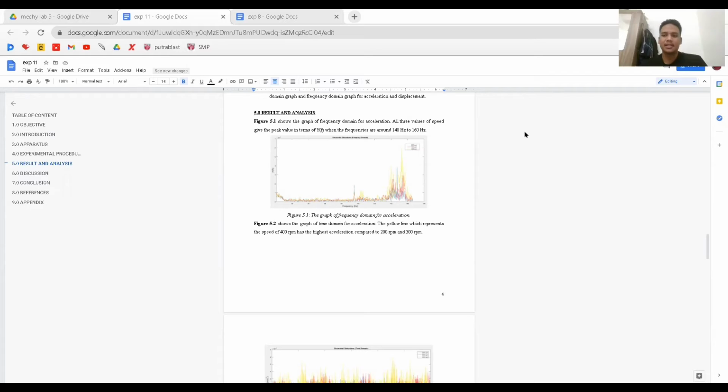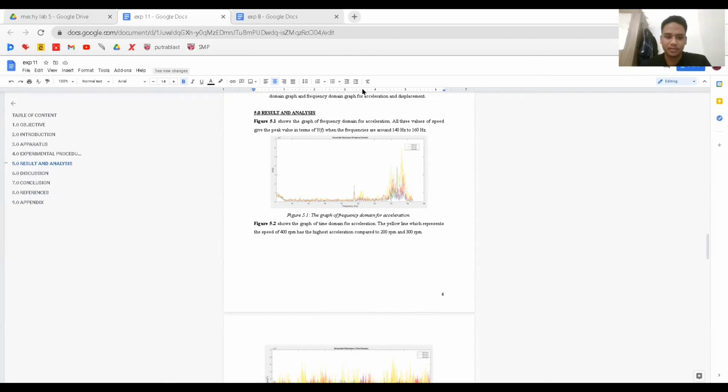As you can see on the screen, I have shared our result for experiment 11, which we prepared as graphs of the frequency domain for acceleration, time domain for acceleration, frequency domain for displacement, and time domain for displacement.